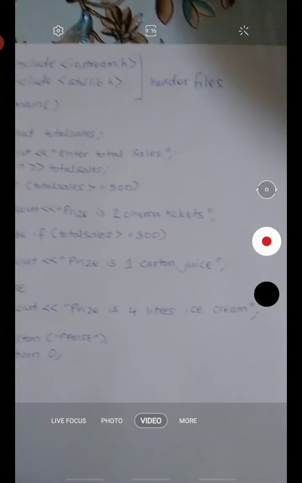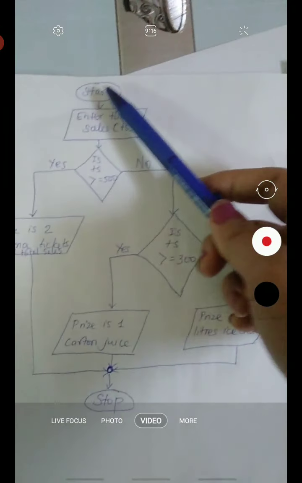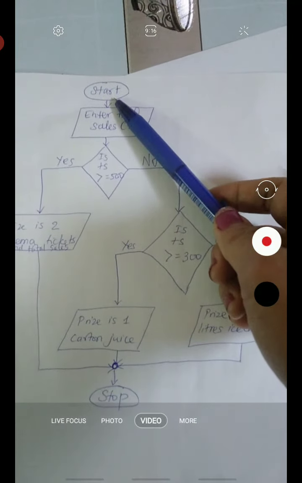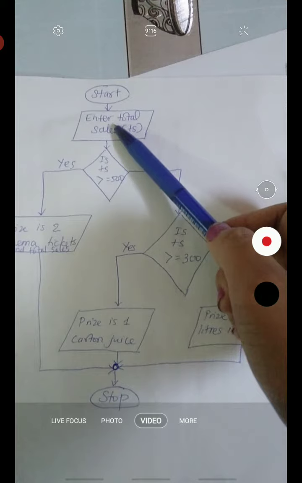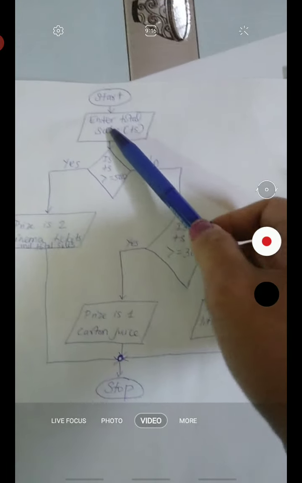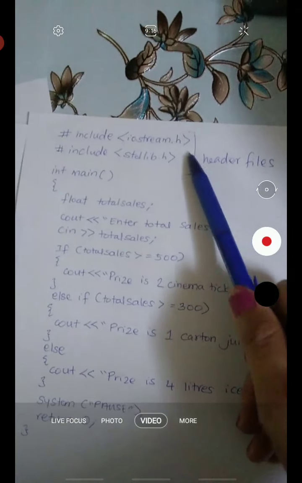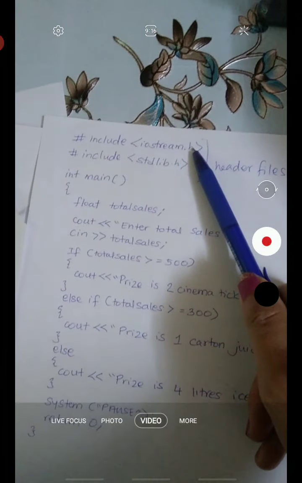This lesson will be about the program. So let's closely look at the flowchart and the program. Since we have drawn the start symbol and then we have continued with entering total sales in the flowchart, for the start in the program we must include the header files, and in this case we have included iostream.h and